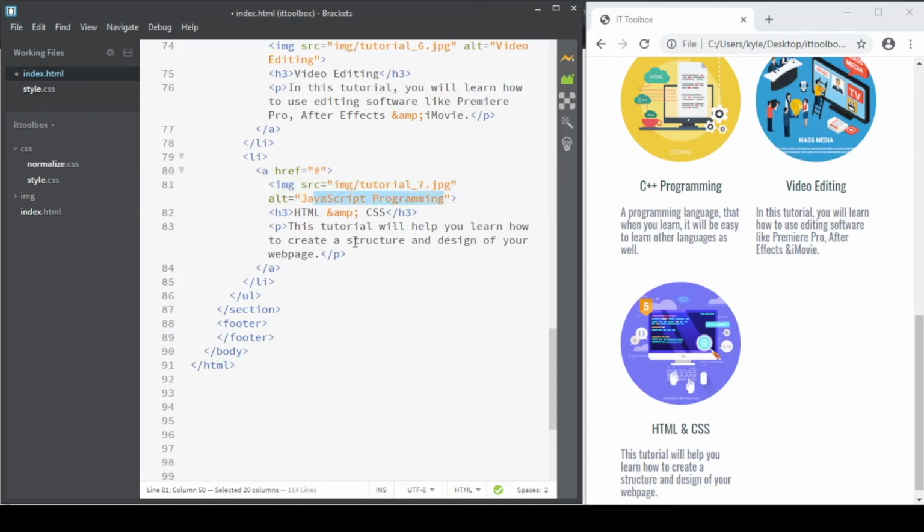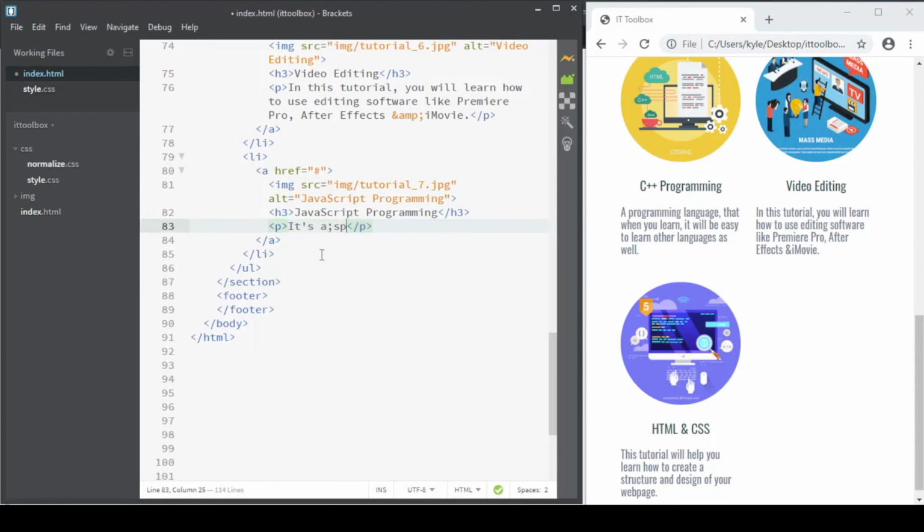Copy the alternate text value and paste it in the heading 3 tag, while for the text on the paragraph, type it's also necessary that you know